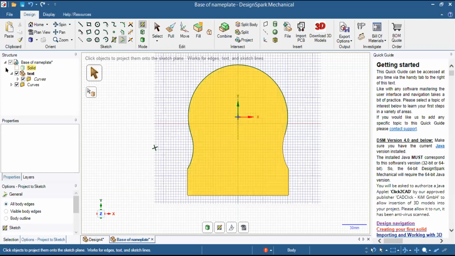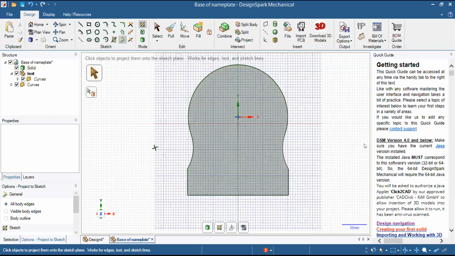Now I will complete this shape. I will again enable the solid and select this line, project this line and this line. Now I will disable the solid and you can see this arc is remaining. So again I will select the solid and I will select this arc. Now you can see if I disable this solid, then an entire similar shape has been created in the new component which we have added with the name text.